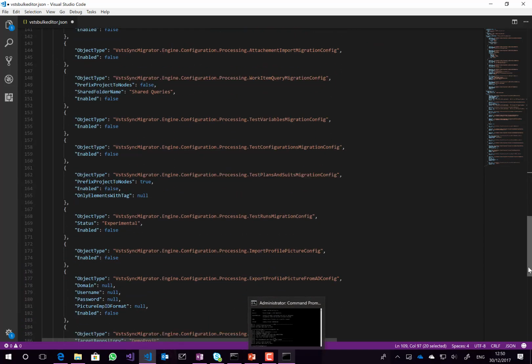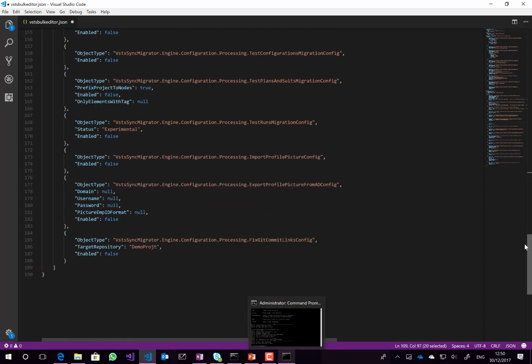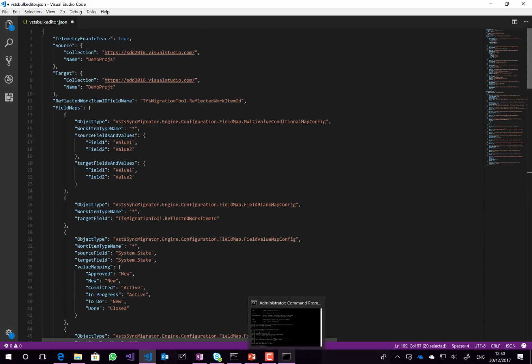I'm going to mention all the other ones and how they work. They each have their own quirks. Not all of them were built by the same people, but you take this config